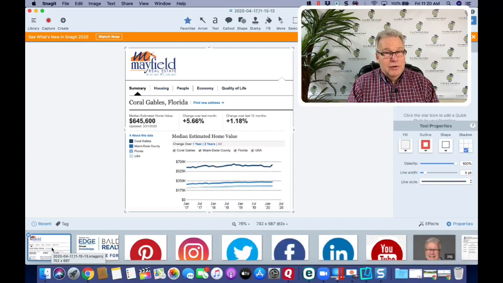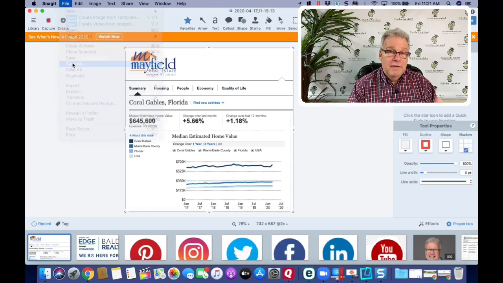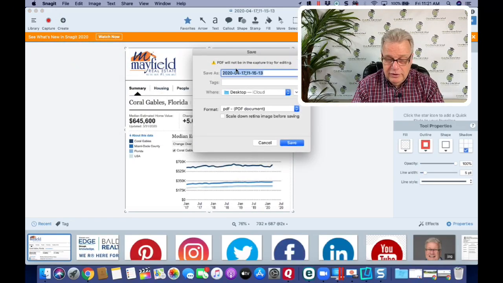Instagram requires a JPEG file, okay, which is a normal photograph file. So we just need to resave this as a JPEG file. And it's real easy. It's highlighted down in the bottom left corner. I'm going to go up and select File, Save As, see that? And I'm just going to save this as Coral Gables. And this might be good for you to do because there's some neat things you can do down the road. But Coral Gables, and I'm going to put April